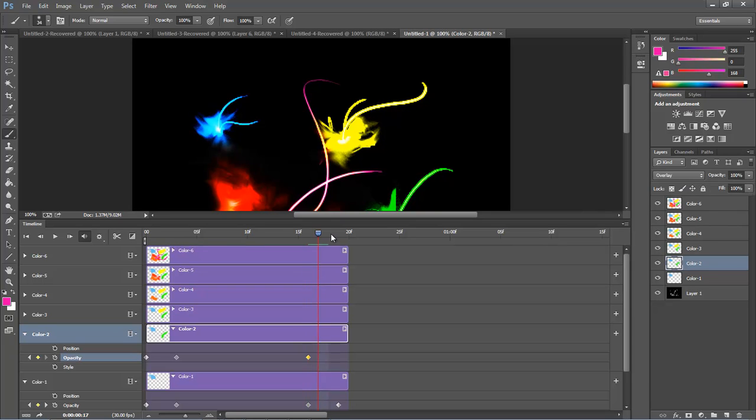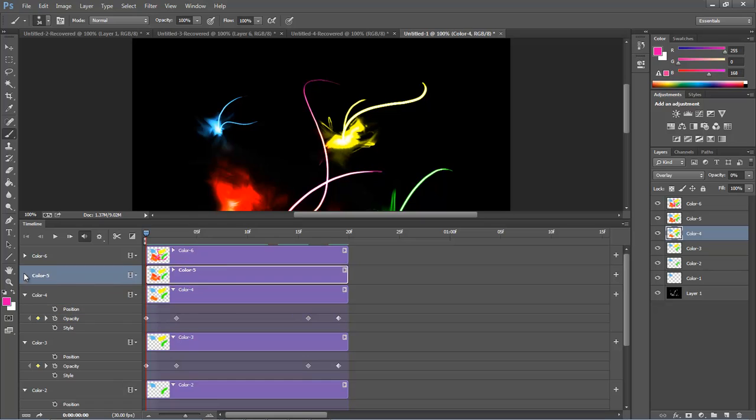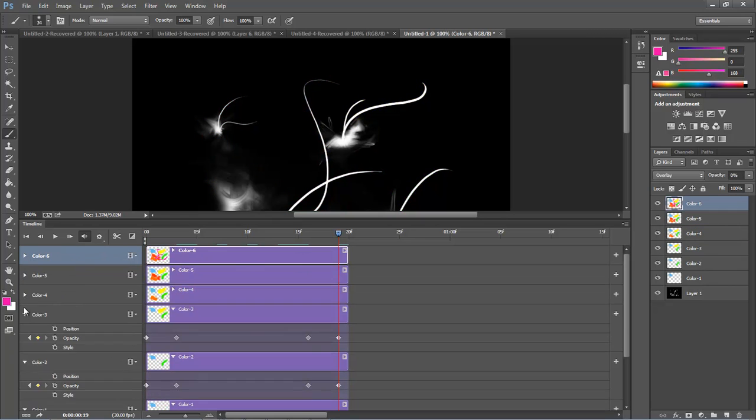Oops. Keep that at 100. Drop this one down to 0. As you've noticed, with the keyframe already selected, you're able to come over here and not have to click on keyframe, but go ahead and change your opacity and it will automatically create a keyframe for you. Okay, so with all of them done,